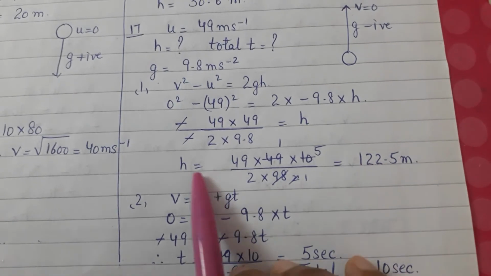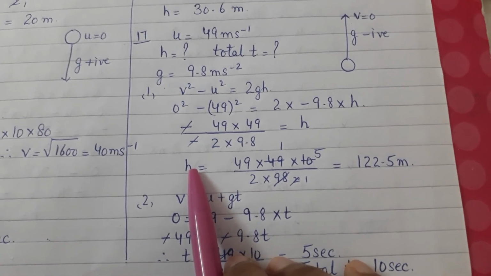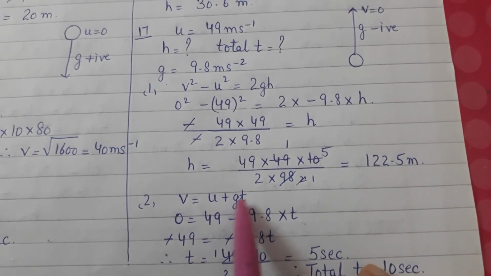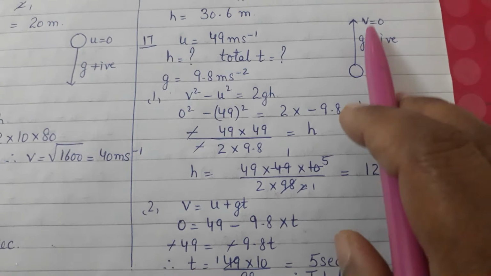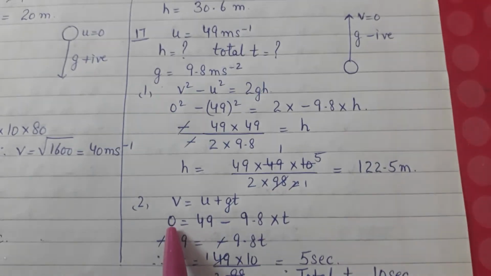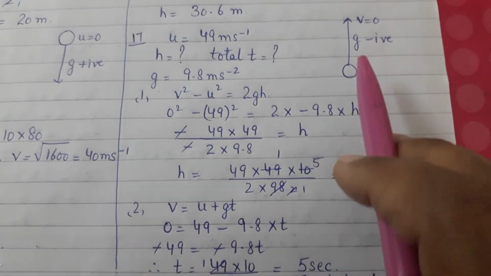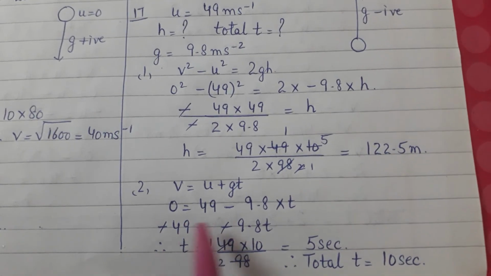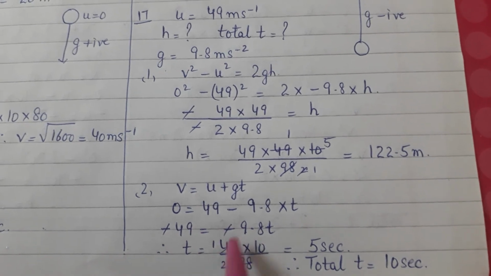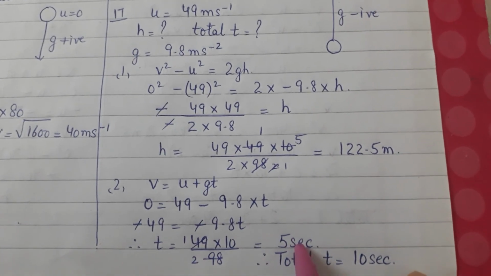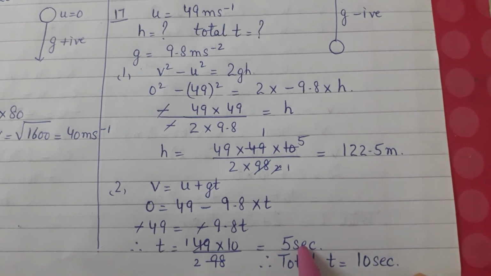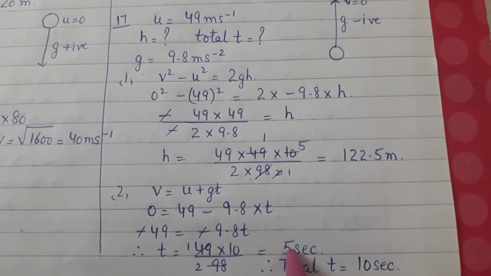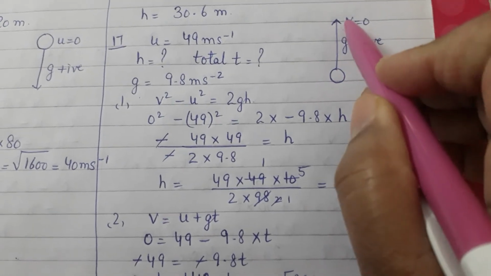After this, now I have the value of h. I need to find out the value of time. So I will use v is equal to u plus gt. v is 0, right? Because I have taken this up motion, right? v is 0. u is 49, minus, because negative, it is moving against gravity, 9.8 into t. From here, the negative signs cancel because they are on both the sides, and the value of t is 5 seconds, children. 5 seconds. I remove the decimal. I multiply and divide and I get it as 5 seconds. But that is from ground to the top, 5 seconds.